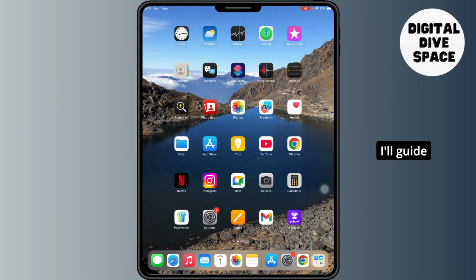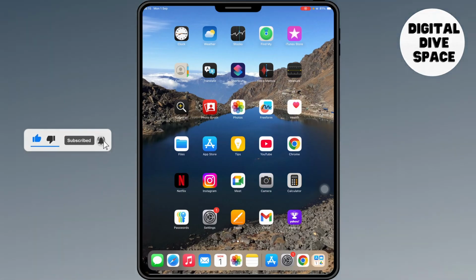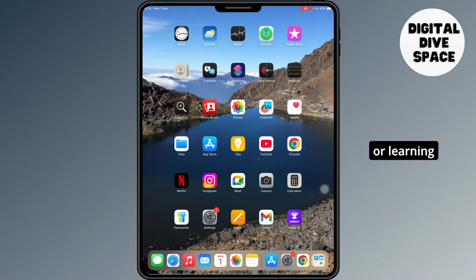So today I'll guide you on how to change the keyboard language for bilingual users or those learning new languages. So if you are bilingual or learning a new language, then you'll need to go to the settings